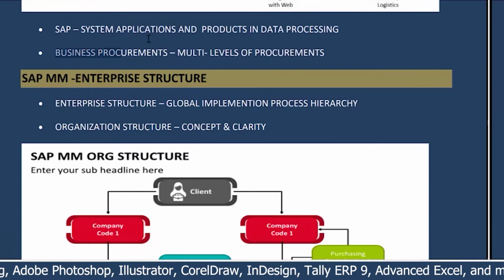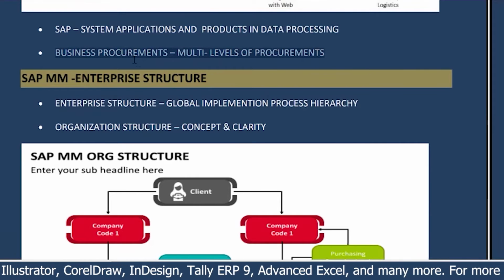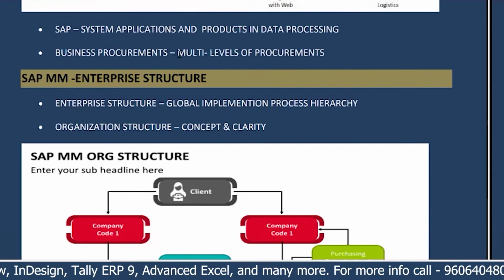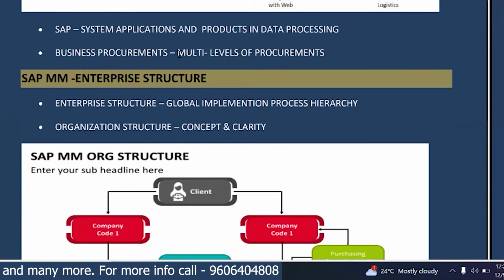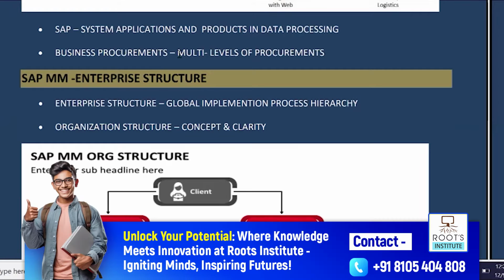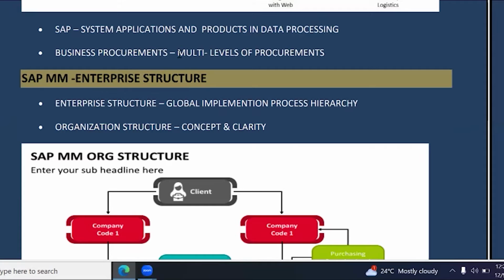And very important, what we are actually going to learn is the business procurement area, and we call it multi-level procurement. In multi-level procurement, we come across standard procurement, service procurement, and special procurement types, in which there is consignment procurement, pipeline procurement, third party procurement, and subcontracting procurement. All these procurements are 99% applicable to every kind of industry. Okay, so we need to have a crystal clear idea. We must have in-depth knowledge of every procurement process.